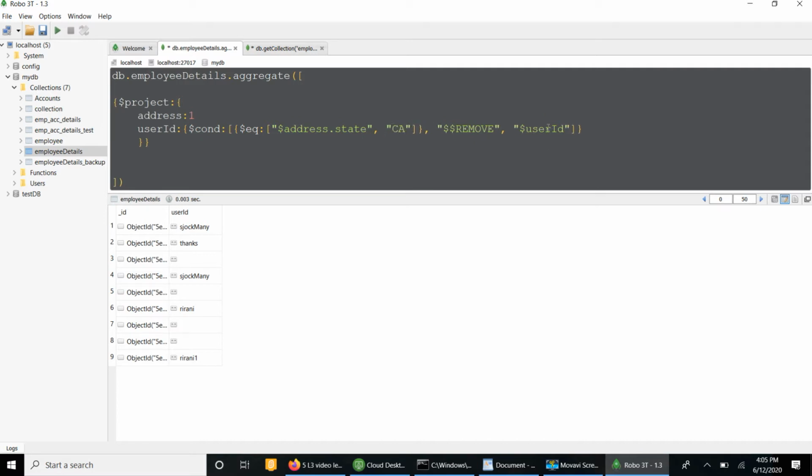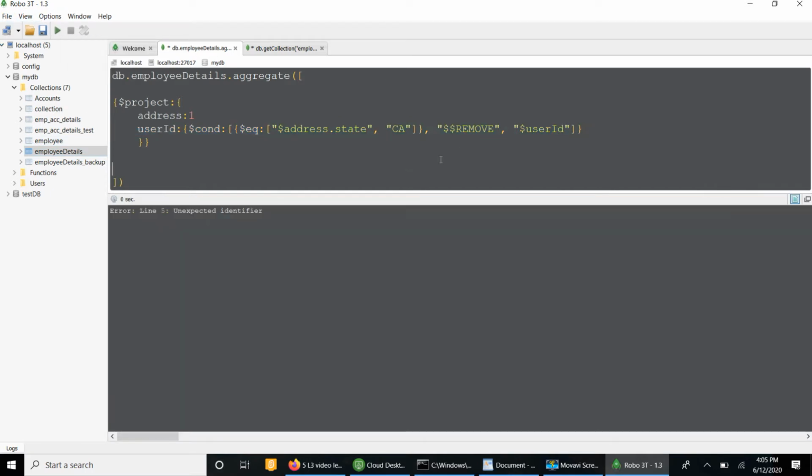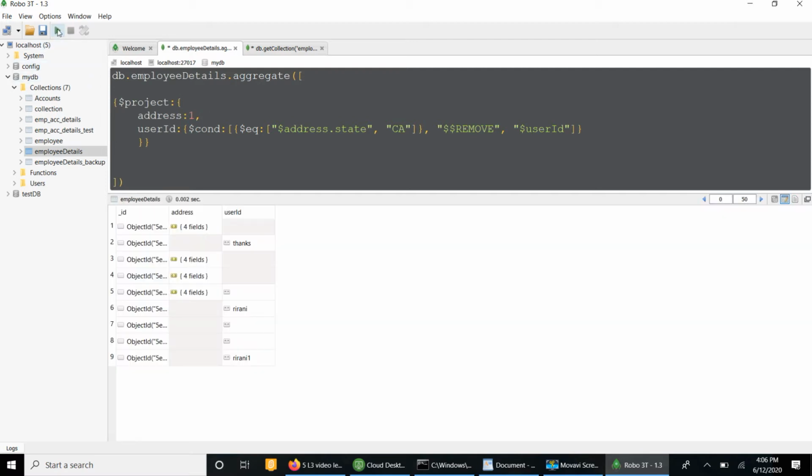Otherwise, give the user ID. Unexpected identifier, line 5. Address dot state, comma is missing here, that's why it's giving that. So when I run this,